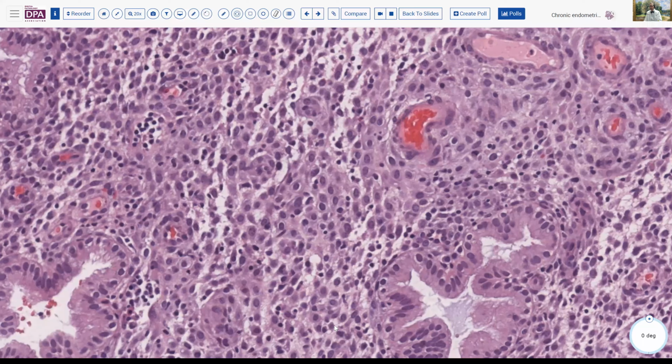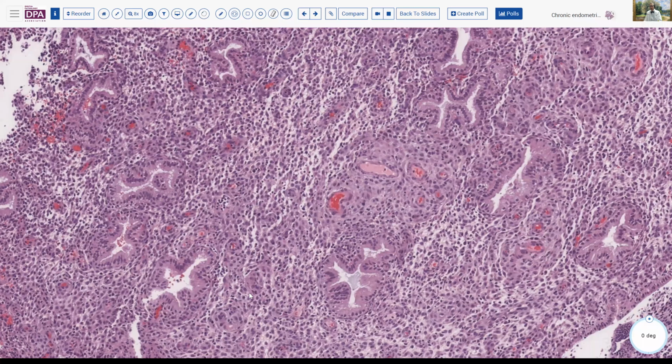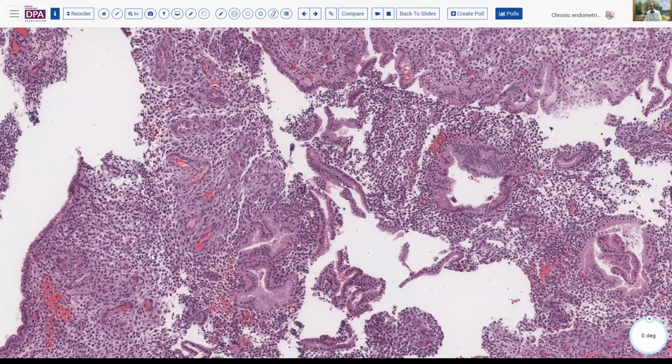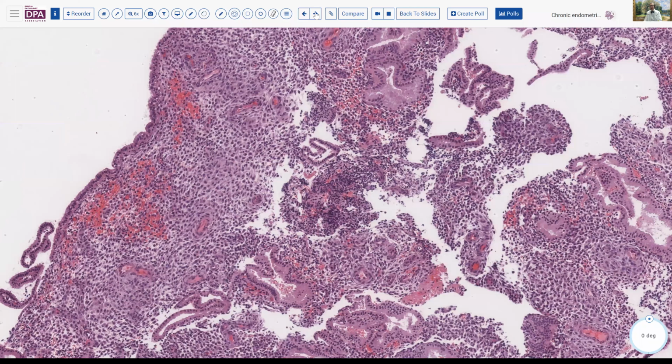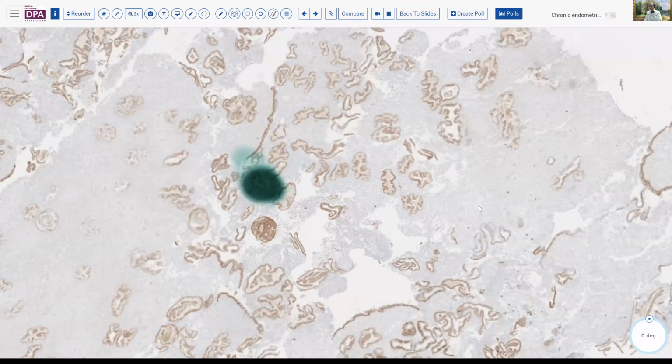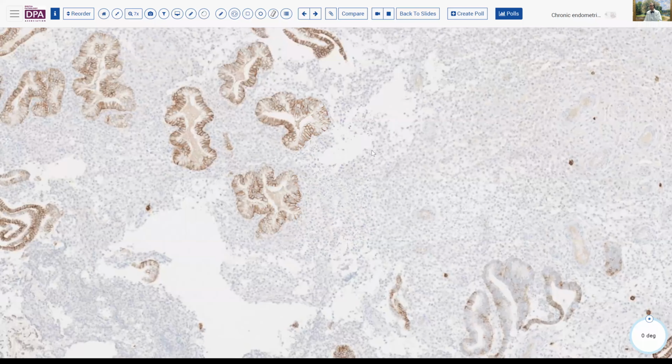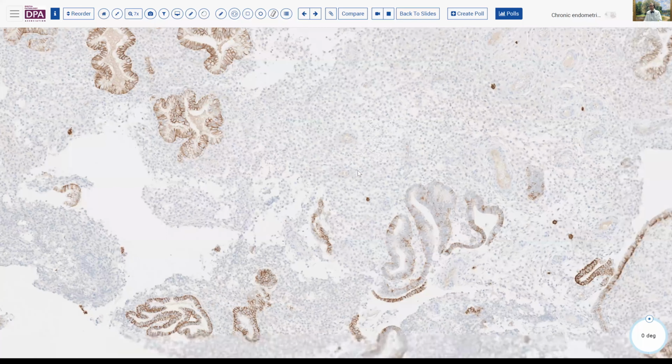And if in this situation you find plasma cells, I'd be very cautious about interpreting it as chronic endometritis, because it may be much more likely to be physiologic or quasi-physiologic in this circumstance. So this is one of the caveats here. And indeed, when we do a CD138, we don't see very much, but fortunately my colleague was able to identify a couple of single individual cells. So in this case, I would say this is